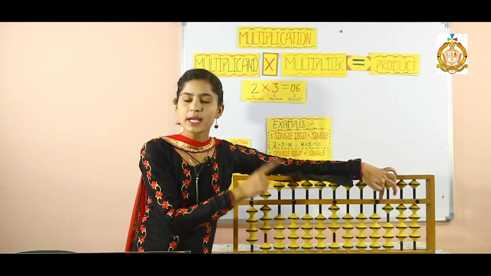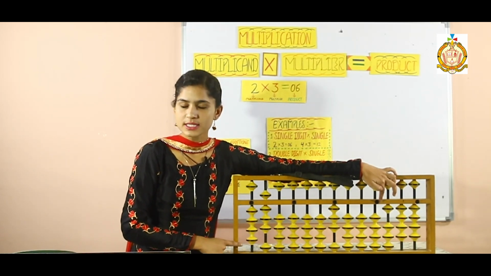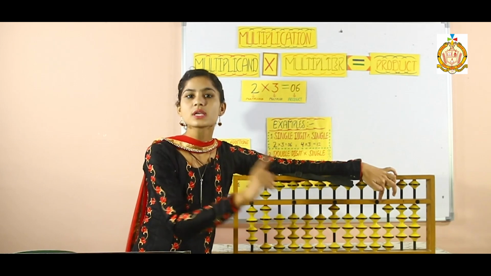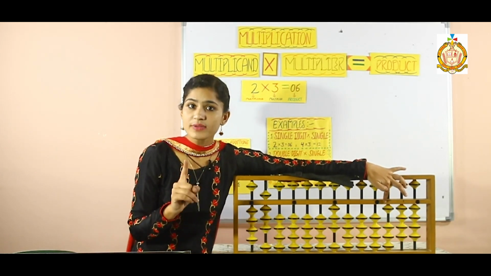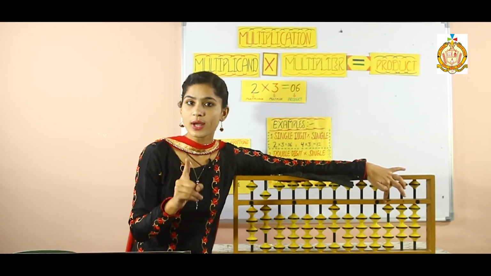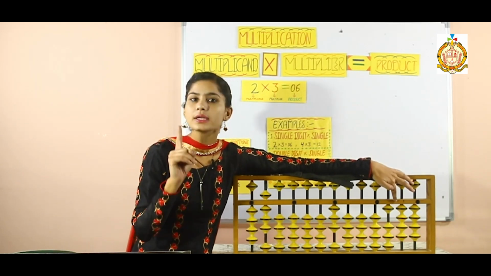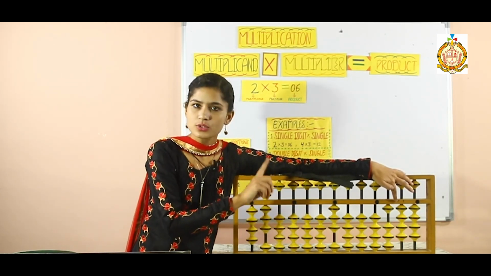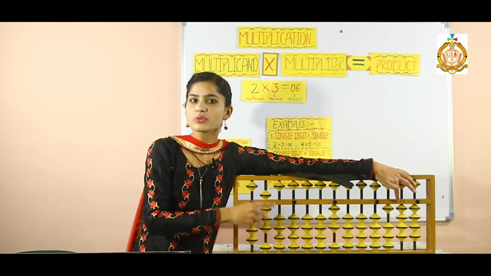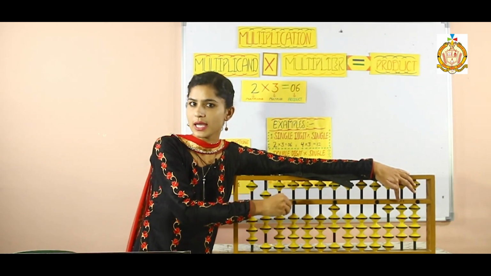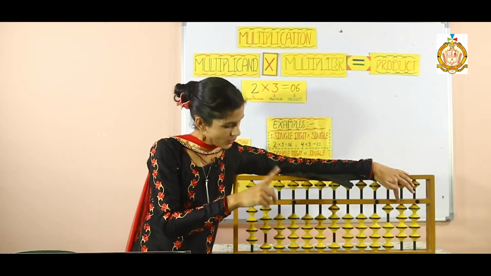So firstly the multiplier is 3 and the first digit of the multiplicand is 4. Multiply 3 into 4 is 12. So you have to start from the third rod. Firstly add 12, which contains 2 digits. The first digit is 1, so add 1 here. Then on the second rod add 2. So 12 is added. So you have to keep your finger on the second rod. It means whatever the next digit will be multiplied with the multiplier, the answer you will start adding from the second rod.